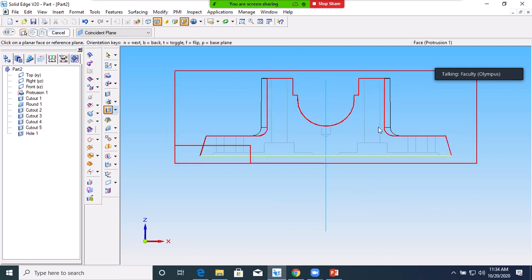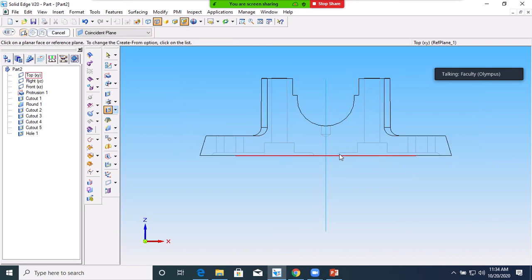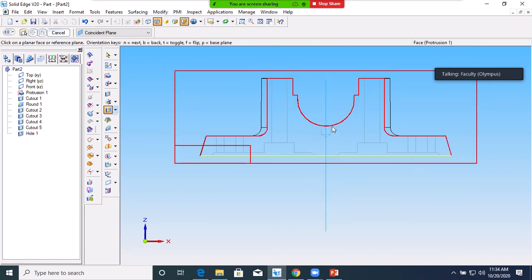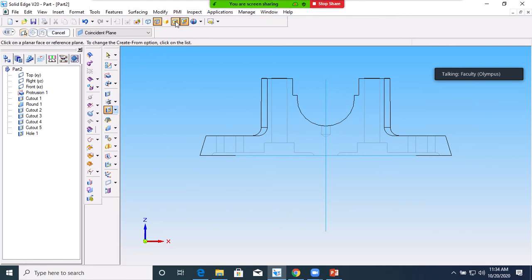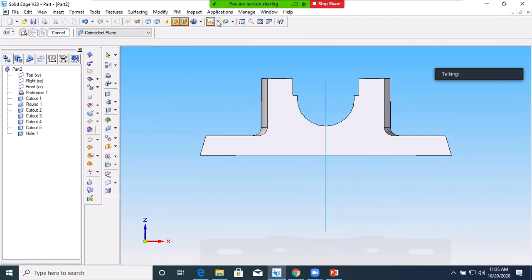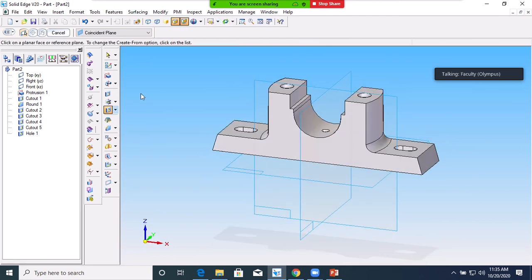See, the wall is created, square cutout is created, this portion is created, curved surface is created, round is created. Then this circle with hole with V bottom is also created. This will complete your main body.